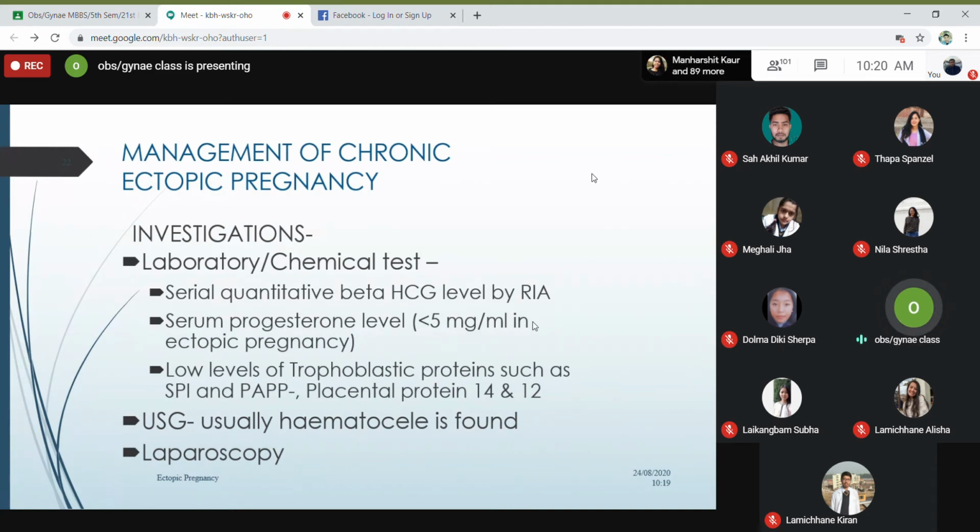So now what you do is an ultrasound. So ultrasound, what you see is you see the collection. Obviously, hematocele is found. So in the peritoneal cavity, in the pelvic cavity, basically there is some mass which looks like a blood clot, large blood clot with all surrounding structures adhering to it. Okay, and for this also laparoscopy is the gold standard. Laparoscopy means you put a scope into the abdomen and you see. So that is a gold standard laparoscopy.